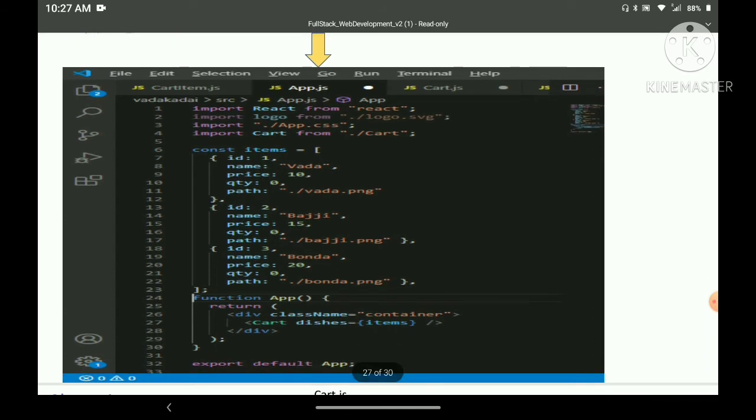So here, that constant items I just created contains a list of values, a list of maps actually. Here I give the ID, name as Vada, price, quantity and path, because every item has a unique image, right? So I also pass the image name. And the next item is Bhaji, which has the price, quantity, path, and a different image name. And the third item also has a different item name, path, and price, right? So I give these things in a particular variable called items,